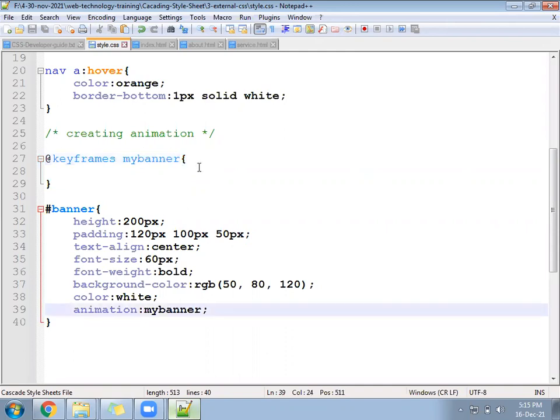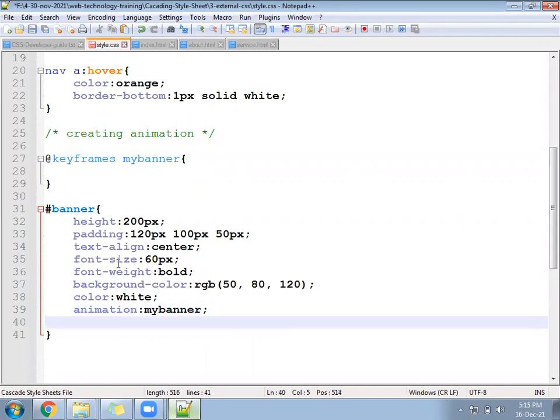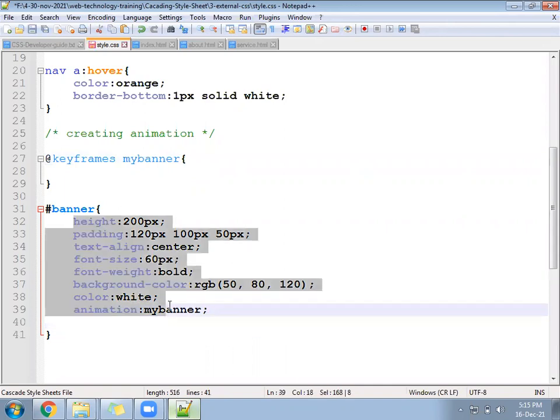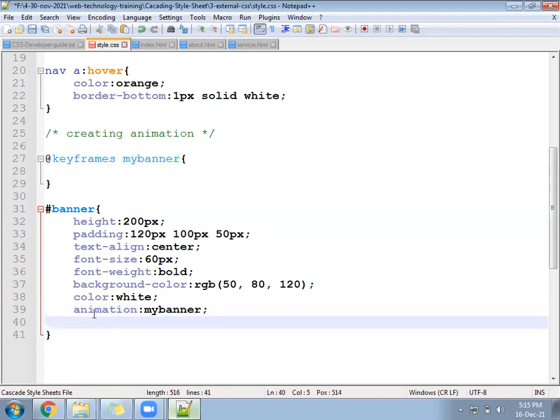Now this animation you have written, how many times do you want to call the animation? This ID, once your page executes, will be reflected in the browser. Now the matter is of animation. If you write like this, animation will be called only one time. If you want to call the animation, suppose, 20 times, then what we do under the animation is the next matter. So we link the CSS to the animation we have written here. Now how many times do you want to call that animation?